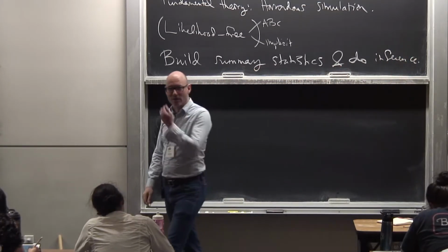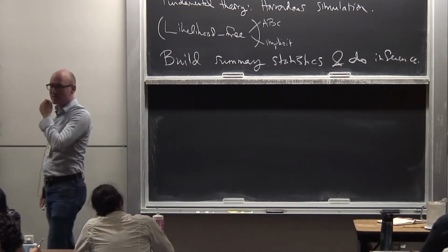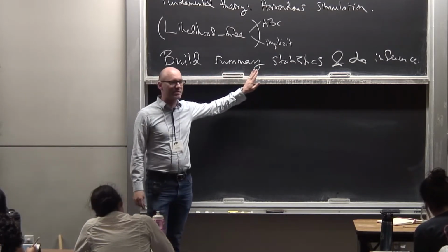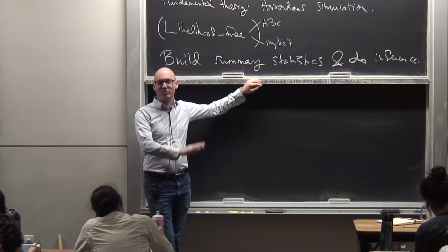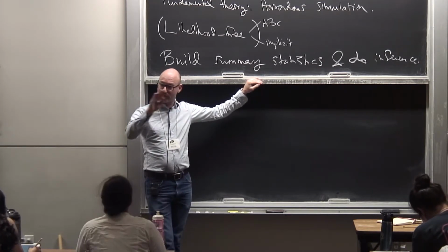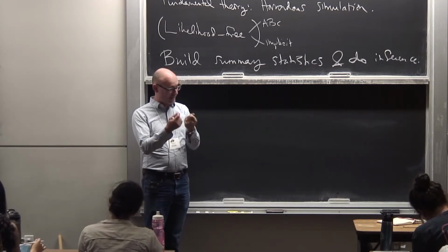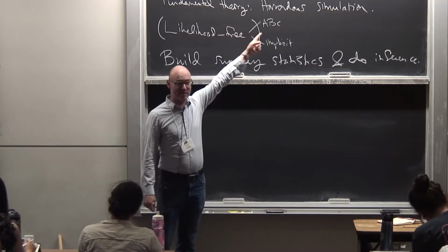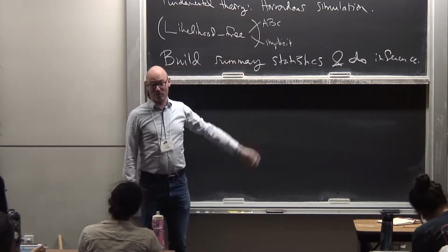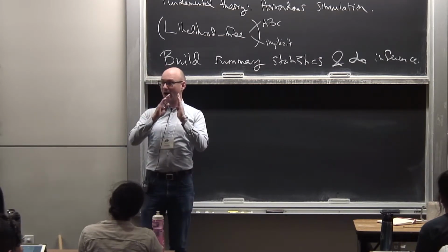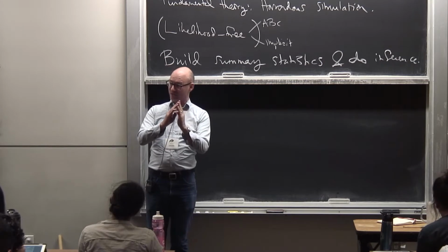So that's what we're going to do. I'm going to talk about how we construct those summary statistics, but very generally. The true story, the full story of how you accurately compute a correlation function given a set of points, which is going to be one of our summary statistics, would take all 5 lectures.